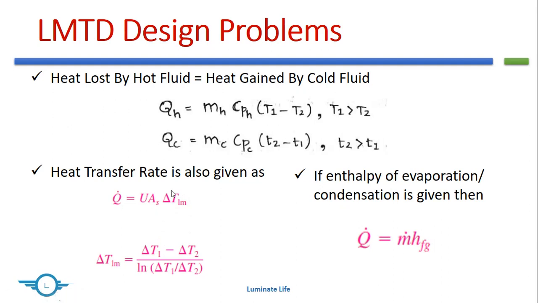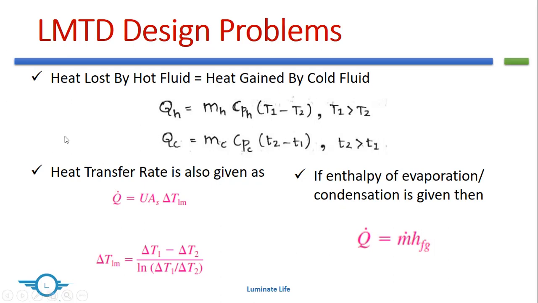Now, mostly when we are considering heat exchanger problems, practically the term of importance is this area AS. What will be the equivalent surface area? Based on this surface area, the size of the heat exchanger will change. If it is a pipe, you will have a particular diameter and a particular length to achieve the surface area. So higher areas mean we need to have a bigger heat exchanger.